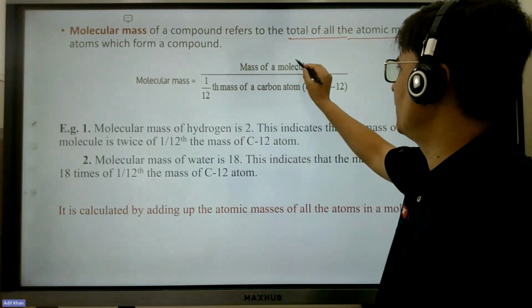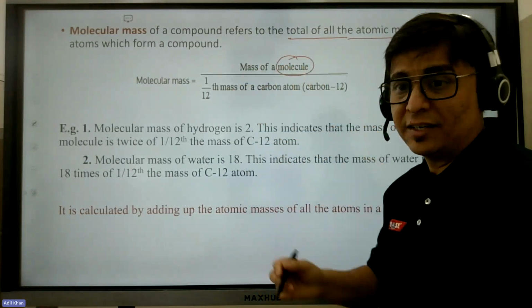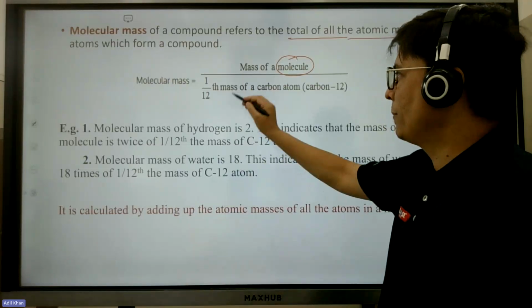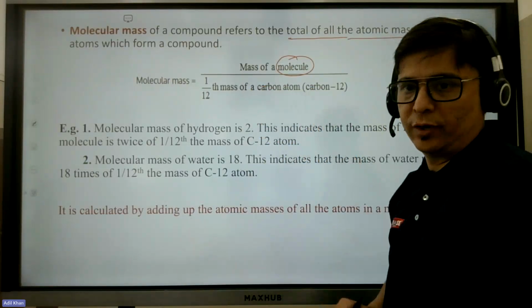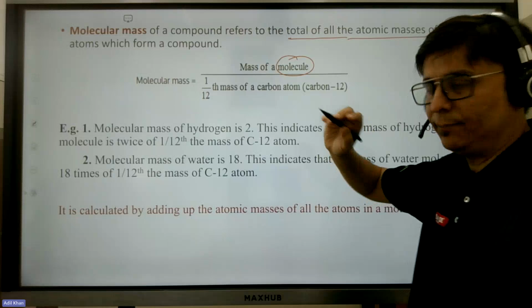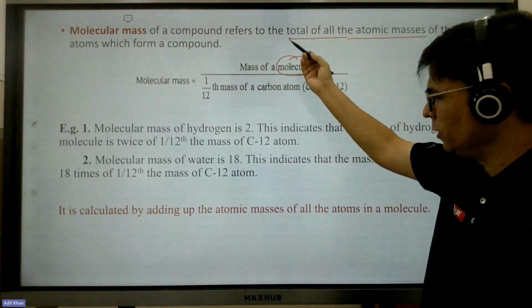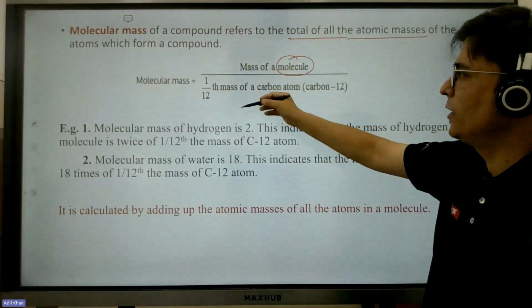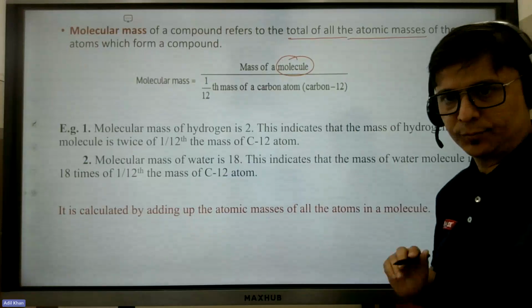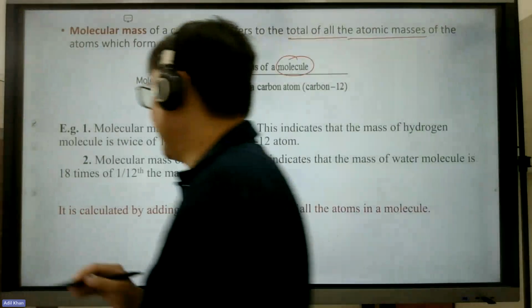So molecular mass is the mass of a molecule of a substance, by 1/12 mass of the carbon atom 12. Same concept. There it was atom. Now here it is molecule, by 1/12 mass of carbon 12. Okay. Now if suppose I take water,